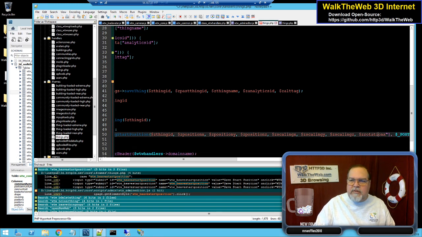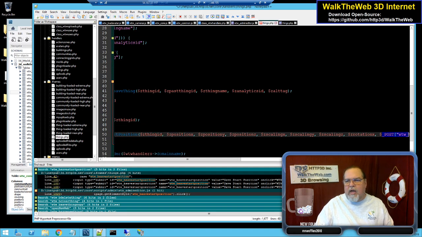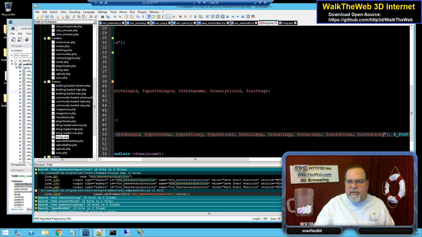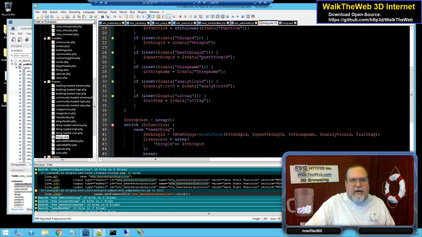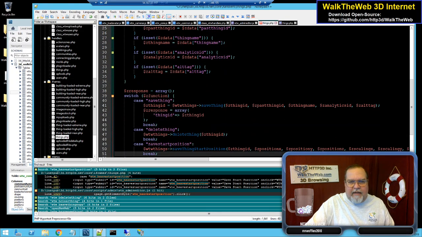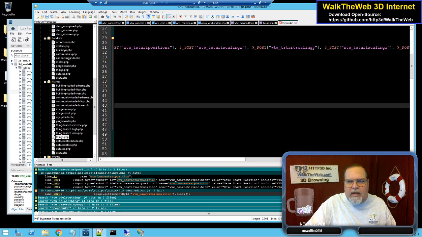But when you go into these functions, they're already separated out. The handlers are one per each type of item you're working with. So in this case, we're working with things, we already know that's the thing position, our starting position, because it's the only reference in the table for this object. So now that we have those in place,